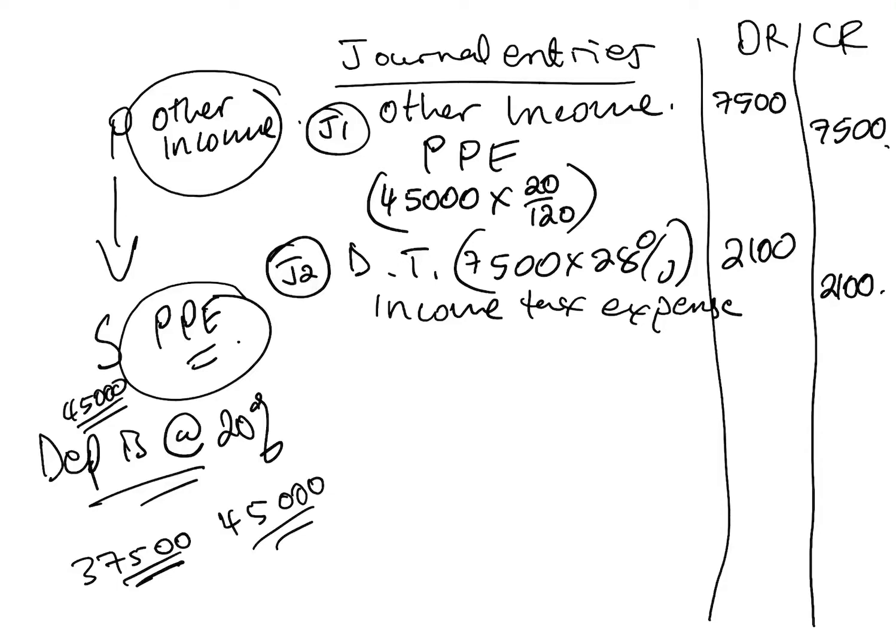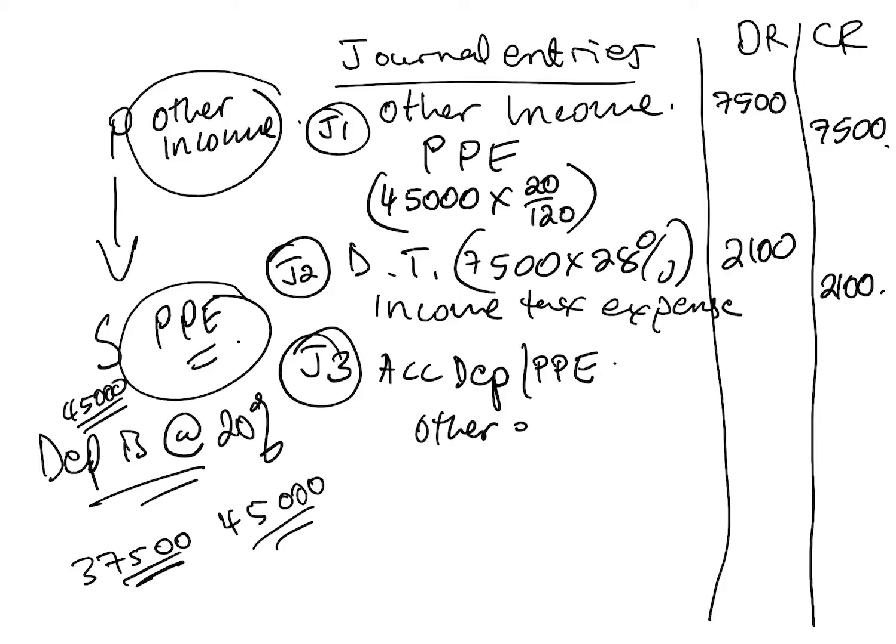So now what we are doing on consolidation, since this was an intra-group transaction, we are supposed to do the opposite: debit property, plant and equipment or accumulated depreciation, and credit other expenses. So journal number 3, we are going to debit our accumulated depreciation, or I can say it is the property, plant and equipment. Then I credit my